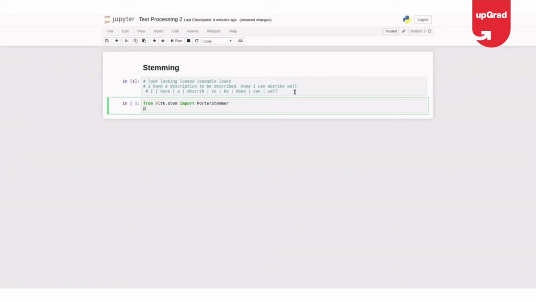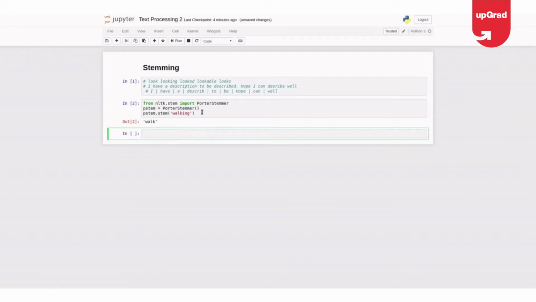And if I say p_stem equal to PorterStemmer, and p_stem.stem, I want to stem a word like walking. So walk is the stem of the word walking. These stemmers are trained or implemented on different kinds of text.